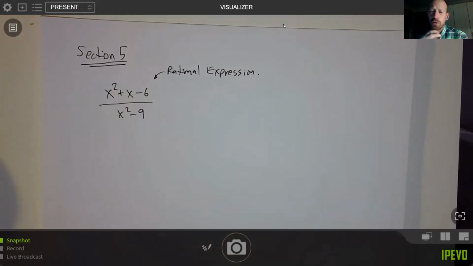And so the goal in chapter 5 is to do our basic operations with these rational expressions. So those are things like simplifying it, adding, subtracting, multiplying, dividing, and then finally solving some equations like the question that was asked in the beginning. So we're going to want to do all of those different things with this new type of expression,